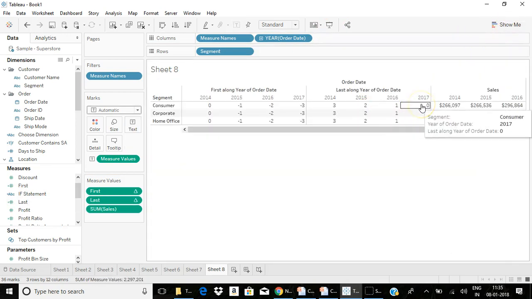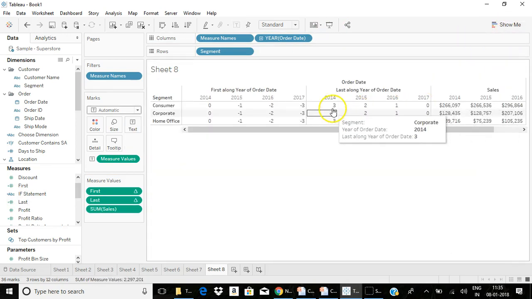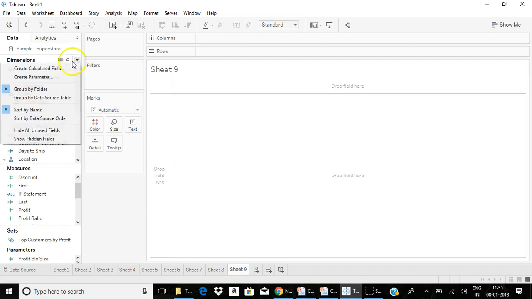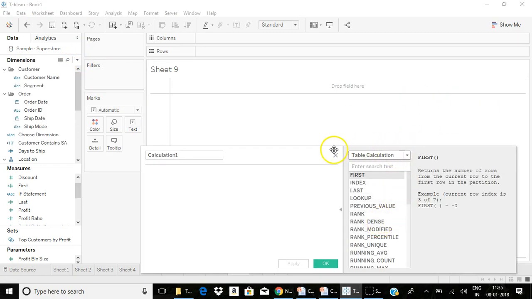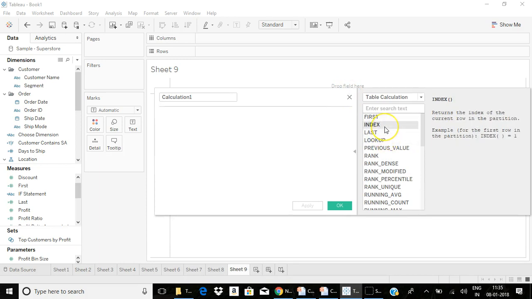So the last value is referred to by 0 and then 1, 2, 3. First and last functions are used to select a particular number of rows to involve in your calculations. You also have other Tableau functions like index.